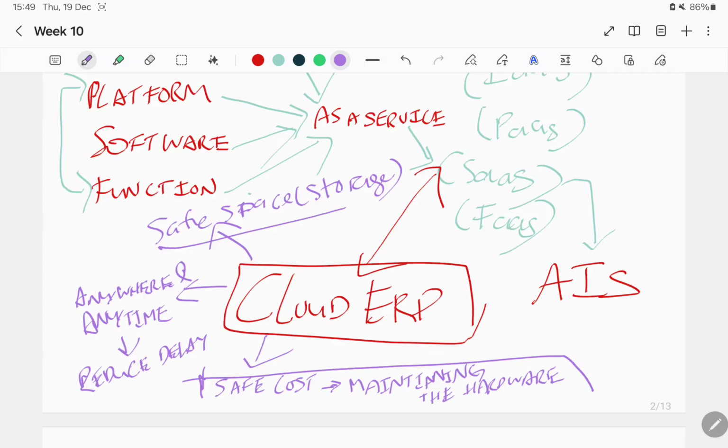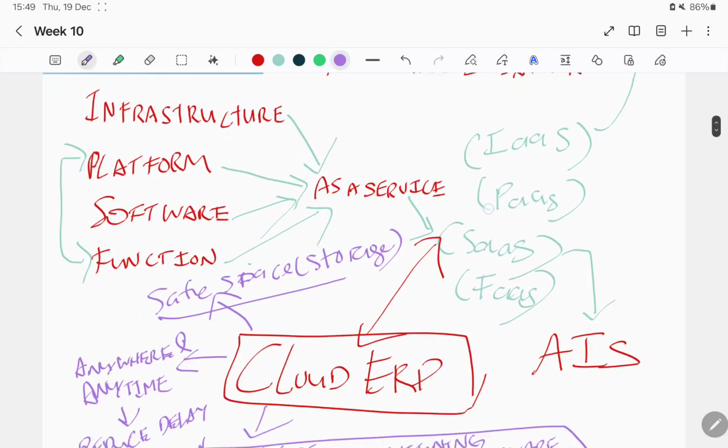We have more updated information, right? More dynamic, immediate, real-time information. Before that, we have real-time information, okay? Real-time information means you get the information at the moment it is input to the system. But the thing is that you cannot get it from anywhere. So with this cloud, you can get the information from anywhere. So it will be faster than the previous system.